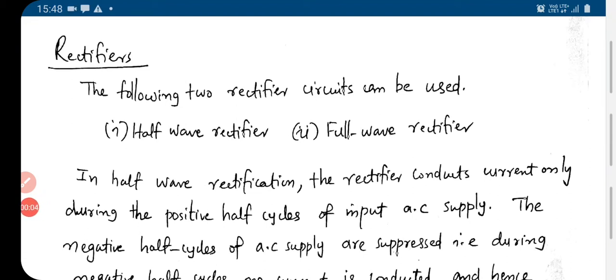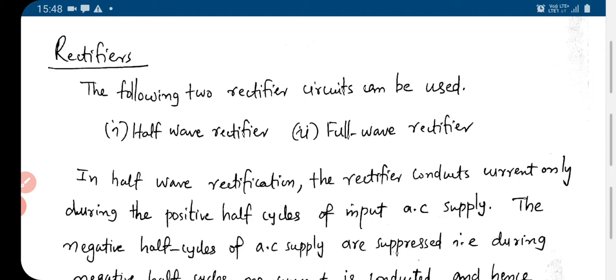Last class we had discussed the crystal diode, how the crystal diode is used for rectification, or converting AC into DC. The main important property of the diode, of conducting current only in one direction, permits the diode to be used as a rectifier